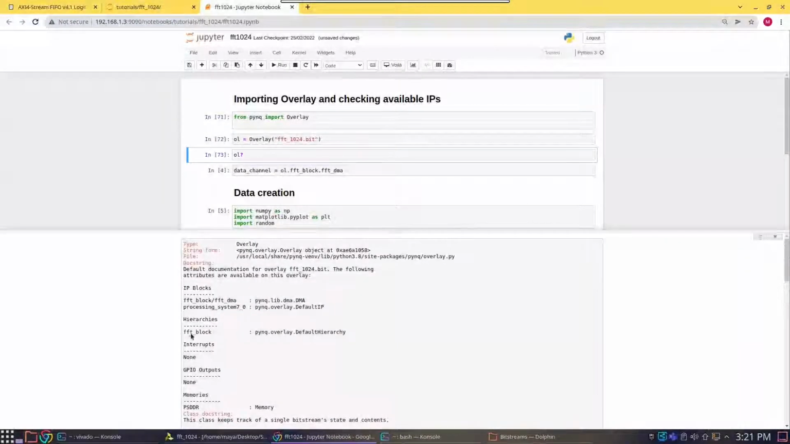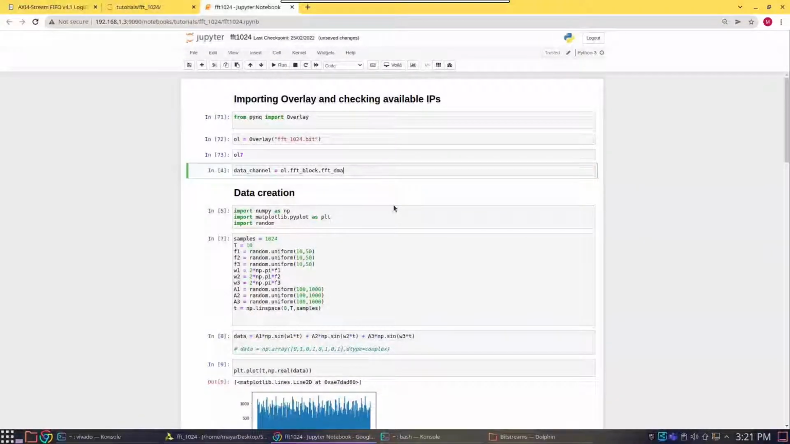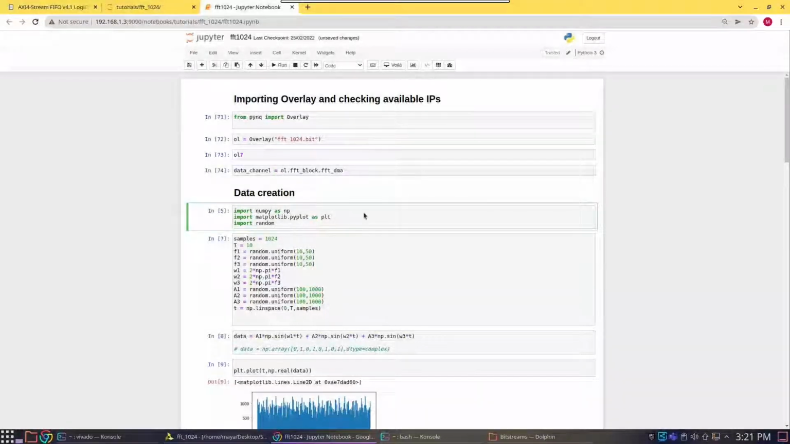Here you can see the overlay again contains a DMA block inside the hierarchy of FFT underscore block and FFT, named as FFT underscore DMA. So I'm just using the dot accessor to get the object of the DMA IP to interact with data in and data out. And now we can start with the data creation and passing the data to the IP, in the PS and PL implementation. In the data creation, I'm again using NumPy, matplotlib, and